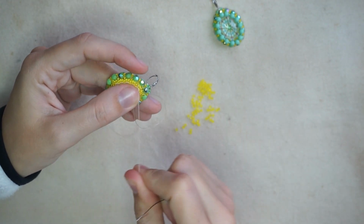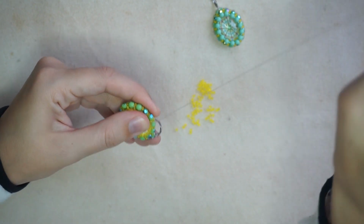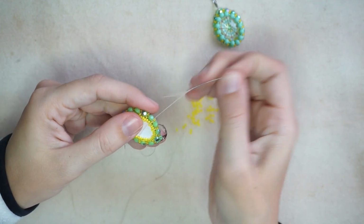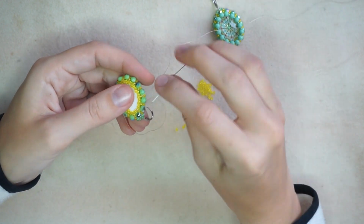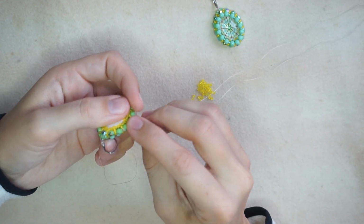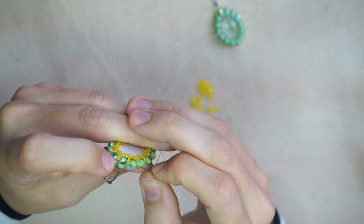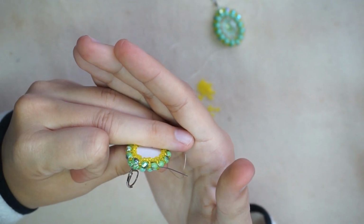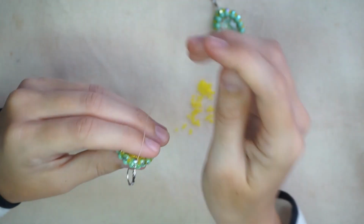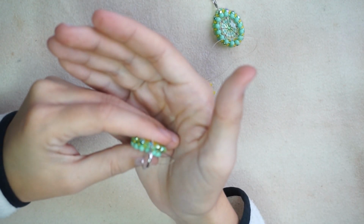try not to catch anything in there, then through these 2, going up one seed bead, this one on the side, and going back through this fire polished, and through the seed bead, and through another fire polished if I can do it, and through the seed bead as well. So I'm next to my loop here. Then I want to go through the loop, through the earring finding,